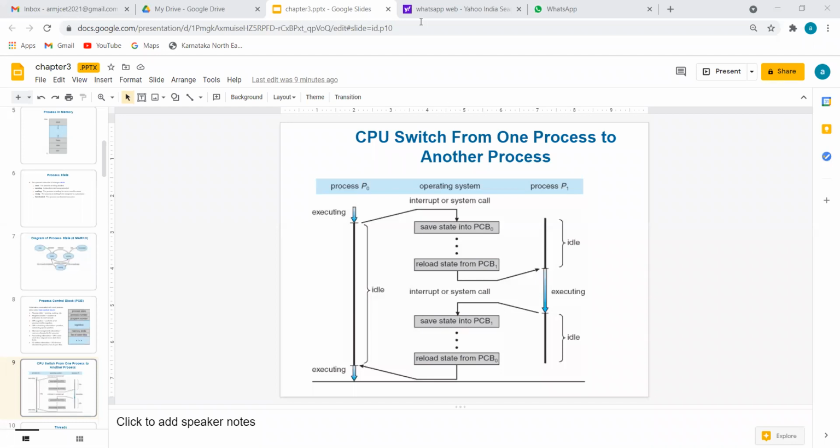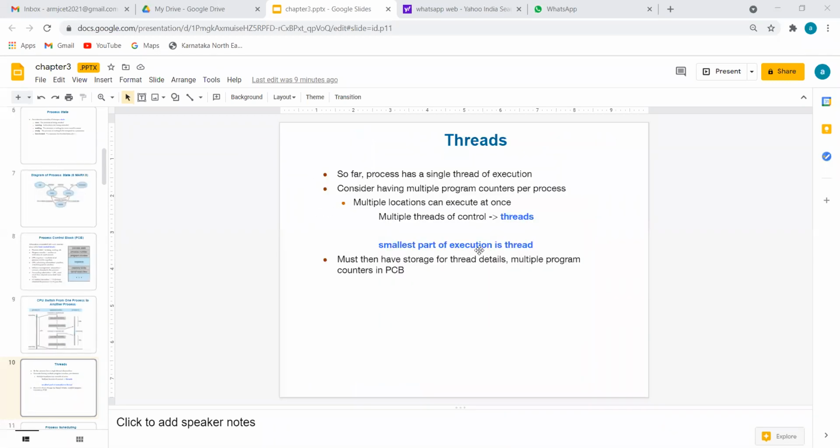Please do reply. This will be one of my predictions for an important question. So with the diagram, make your practice. Okay, fine, let's continue. The next definition you get here is threads. Don't worry about this, I am covering only 2-3 points here. On threads, we have one 8 marks question in our next module. Just remember the definitions.